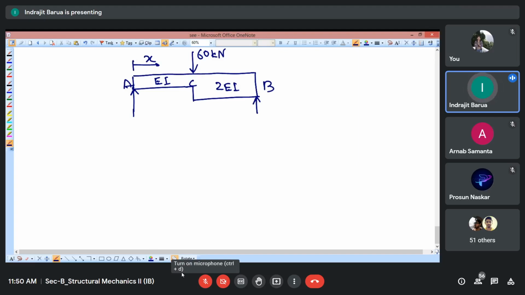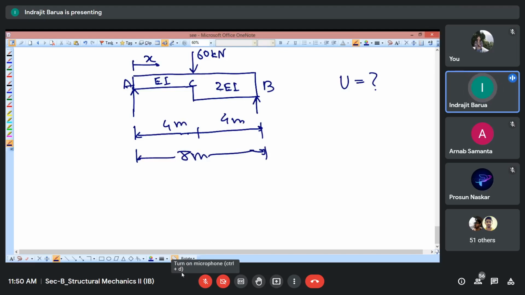And you can tell me how much will be the bending moment, and the overall strain energy you need to find out. The length is not given, the length is 8 meter. This is 4 meter, this is 4 meter, overall beam is 8 meter. So actually the E is changing. Whatever the overall 2EI component, EI is flexural rigidity, definitely I think you know. So E is changing and I is changing. So you need to find out U, and you need to find out delta C. This you do for your practice at home.